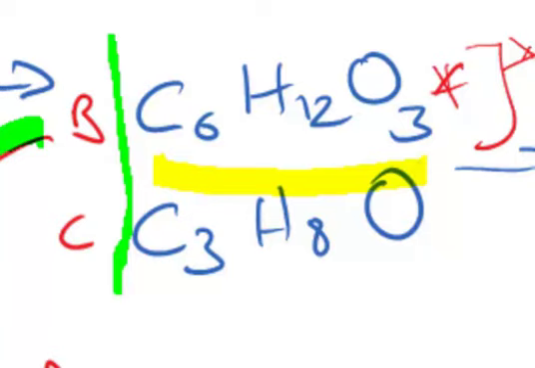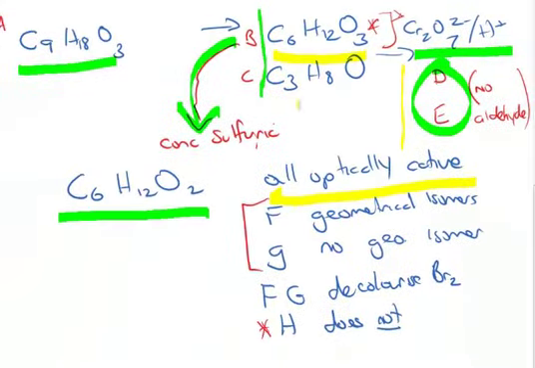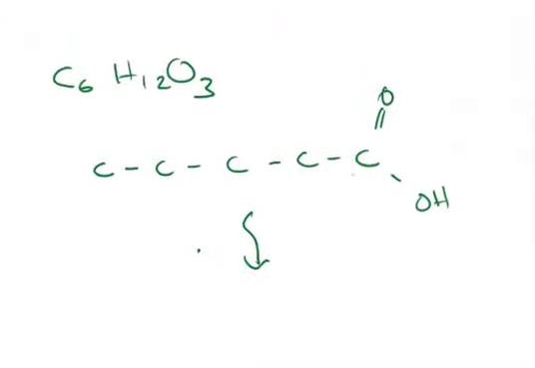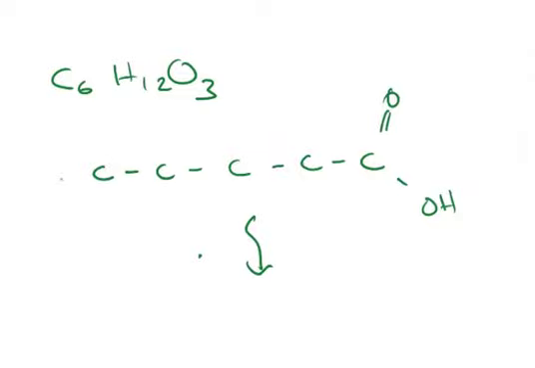So the only condition we've really got to meet in this is to make sure they're all optically active. Now I'm not going to worry about D and E at this stage, because once we've been able to identify B clearly, that will give us D, and C should also be reasonably straightforward. So we're going to concentrate on F, G and H. Okay. Now, if we were to draw out C6, 1, 2, 3, 4, 5, and 6, and O2, so we're going to have an OH group coming off there somewhere,